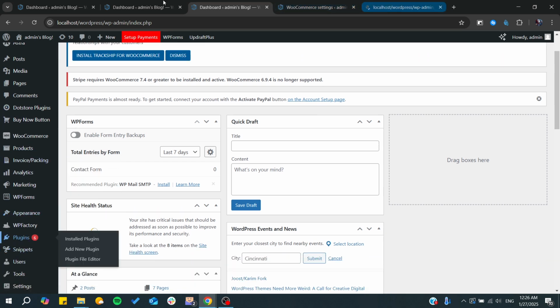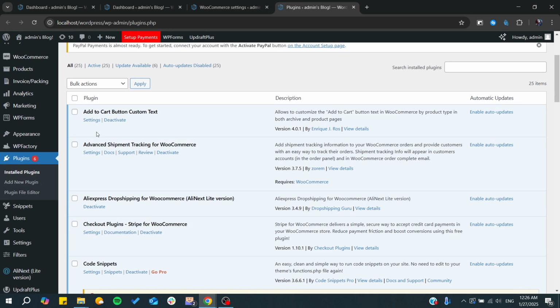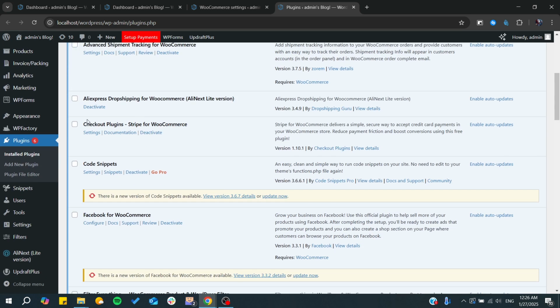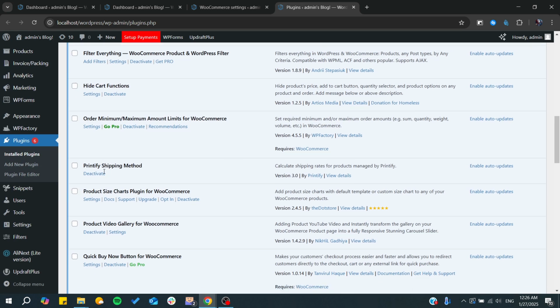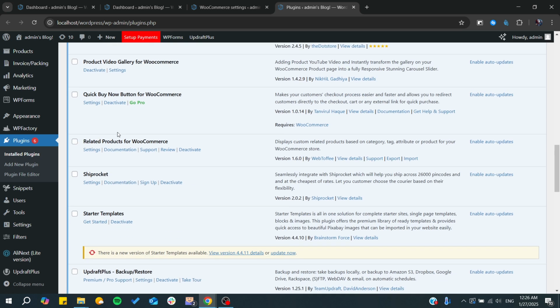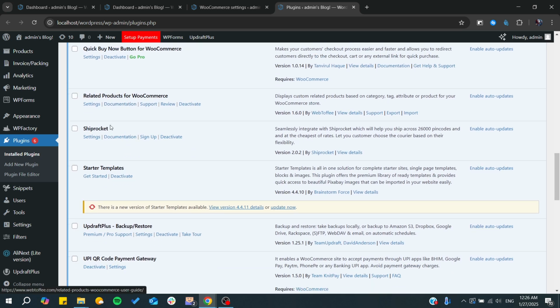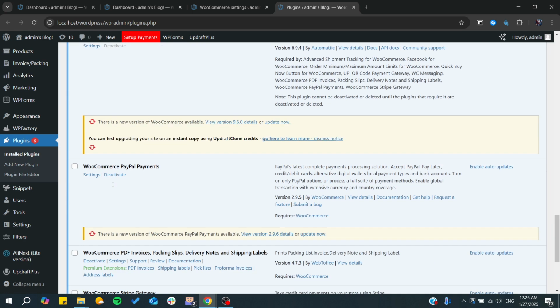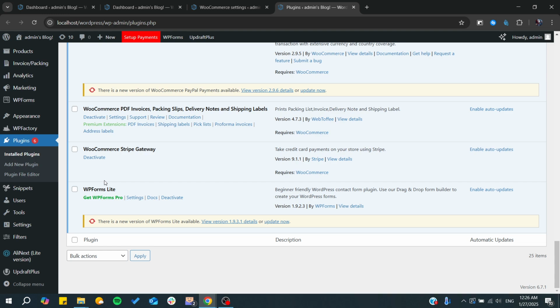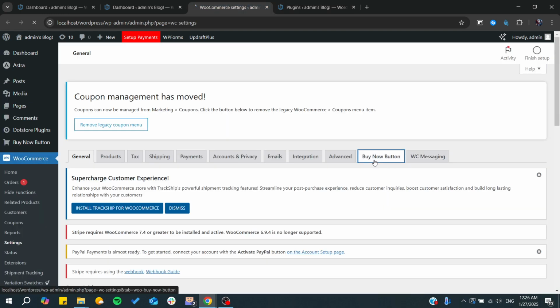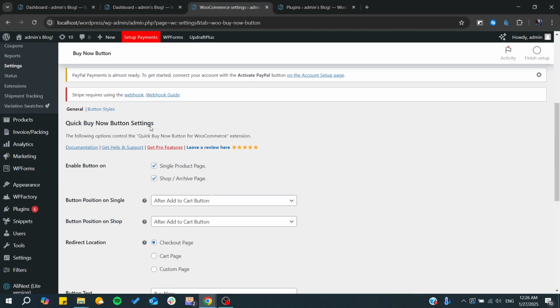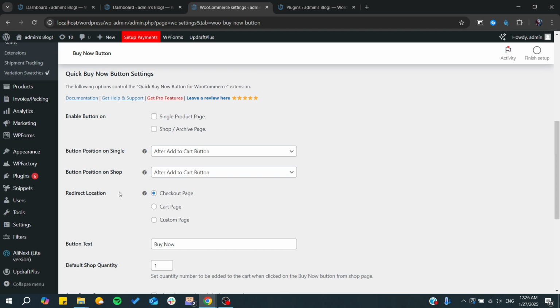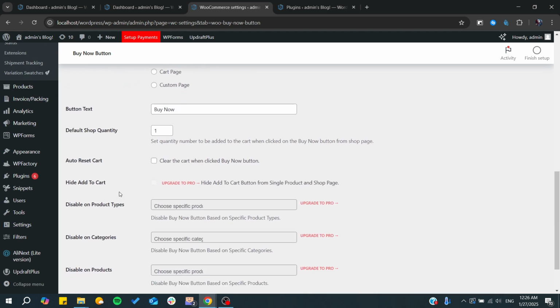Let's just search for our plugin, and basically I have this custom text, and I have other options like add Buy Now or Buy Now button, and simply you can find it here. Let's search for our one, and if you have it like here, Buy Now button, you can disable it. As you can see, enable button on the single page, the shop, etc. So you can simply have it not displayed,